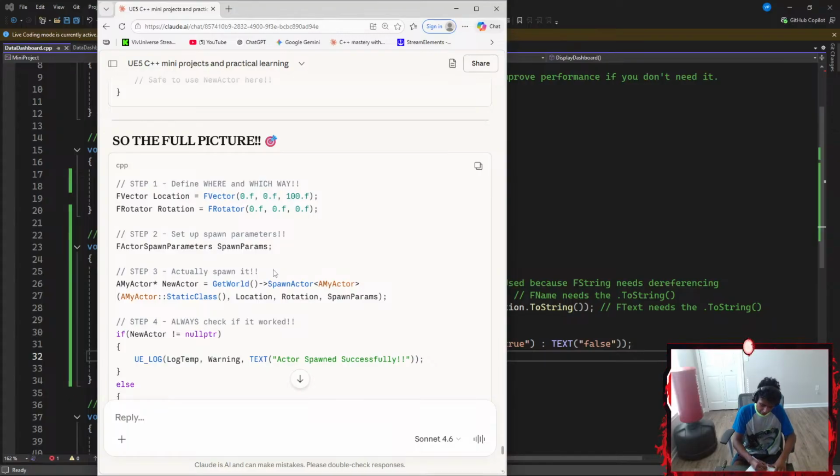Next up, I'm going to go ahead and add a pair of parentheses to give it a few parameters. My actor, which uses a scope resolution operator to point towards StaticClass, the StaticClass function.